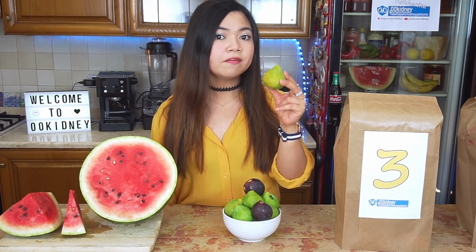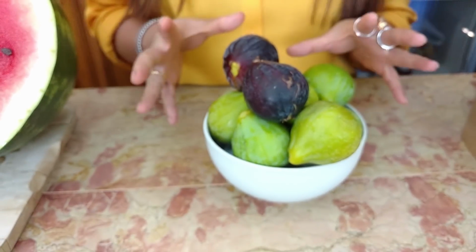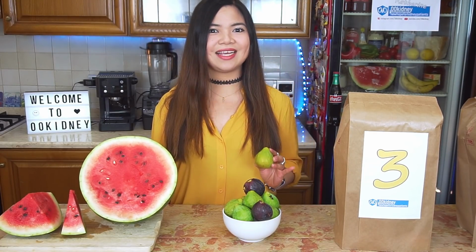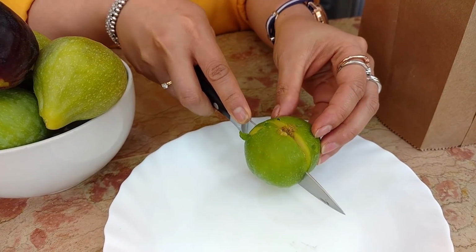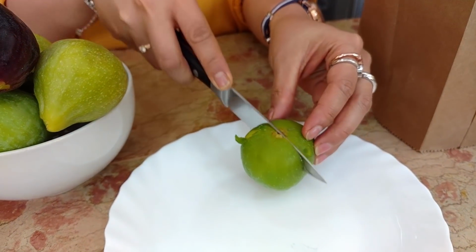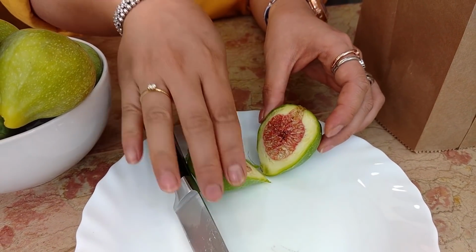Consider that just one fig has the same fiber of an apple, even if it's less than half the size of an apple. But it only has about 50 calories and 100 milligrams of potassium, making it a must for kidney disease patients in all the stages. And to the joy of kidney patients, figs are also a great source of calcium. Never underestimate calcium in your diet. Many kidney patients don't get nearly enough of it, since many foods rich in it are also high in phosphorus. So, adding more figs to your diet may be a good strategy to get more calcium, at least during the